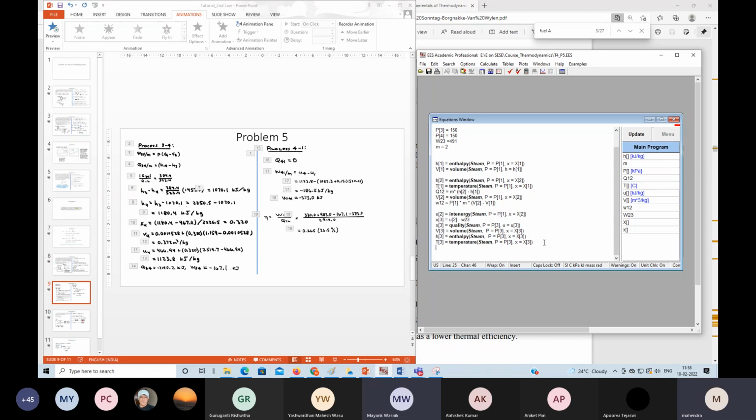Now what can we do? Now let us consider efficiency equal to 1 minus QC by QR equal to even 1 minus TC by TR. Okay, so whatever Q ratio and temperature ratio, right? Then let us consider R. R equal to TC. TC is how much? T3